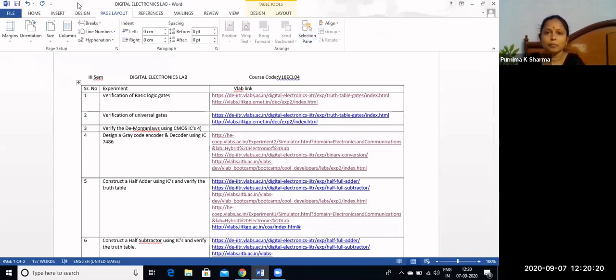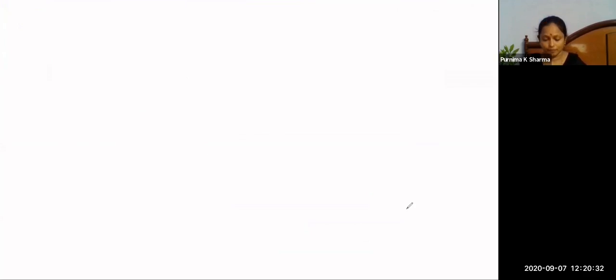XOR gate. Before going for the next experiments, you should know about IC pins. I'll tell you a simple thing to remember these gates. NAND and NOR are universal gates.